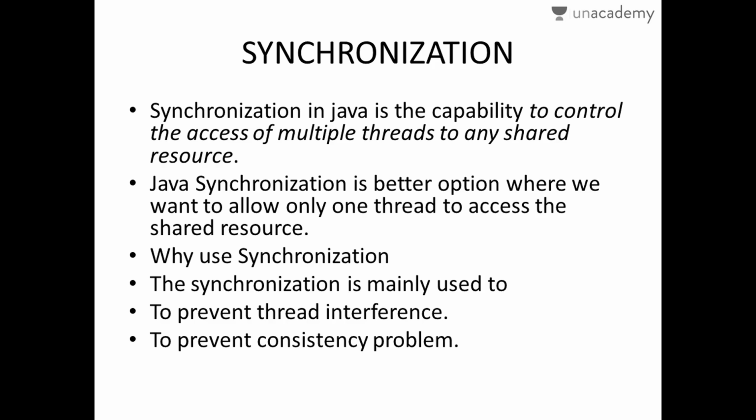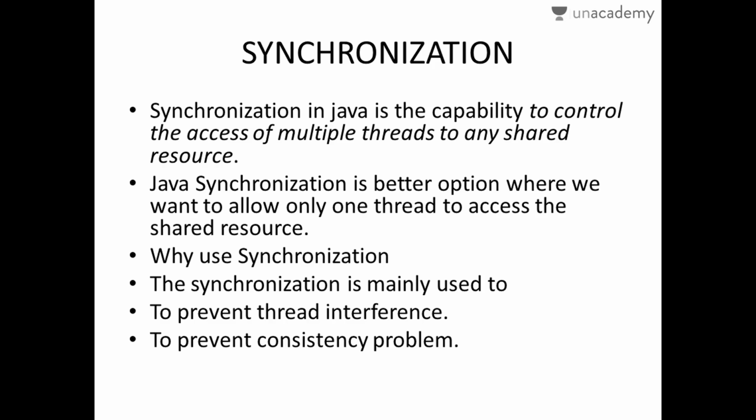Basically we need synchronization due to thread interference, that is, when two threads are sharing resources, one thread interferes with the other. That should not happen because each thread is independent of the other, and sometimes it leads to inconsistency, that is, when they are sharing, half of one thread gets executed and half of another thread gets executed. At that time the output gets mixed up, right? That would lead to an inconsistent state. That should never happen, and it also causes gains and losses during transactions. To avoid all this, we need synchronization.